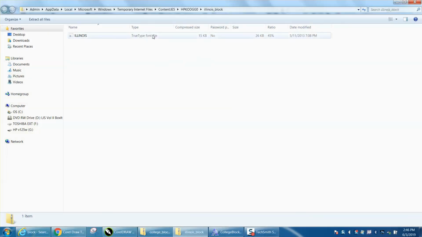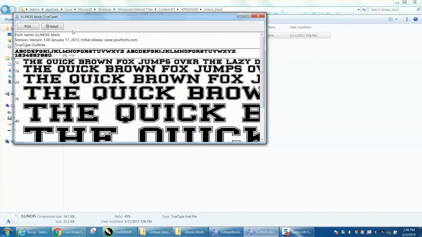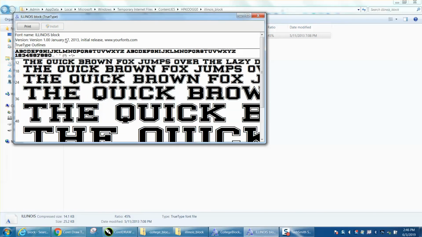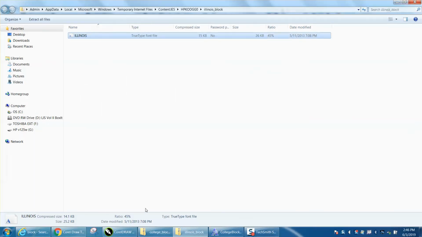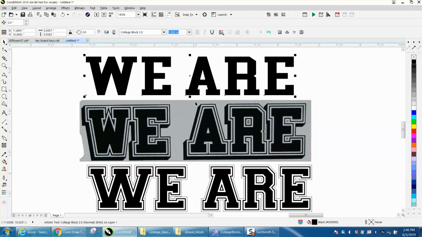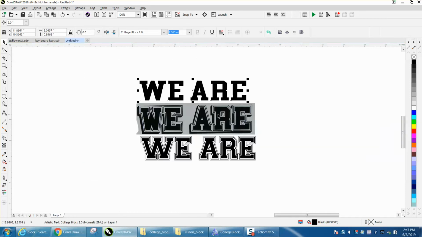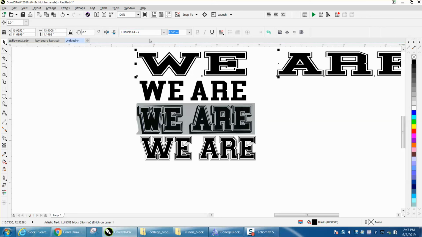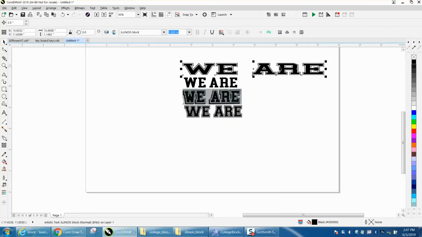There it is right there. Double click on it. Install it. Remember the name of it is Illinois Block. It's already done. Go into Corel. I'm going to make a copy of this text and bring it up to the top, and then I'm going to start typing in that text. And there it is, and that's going to be really close